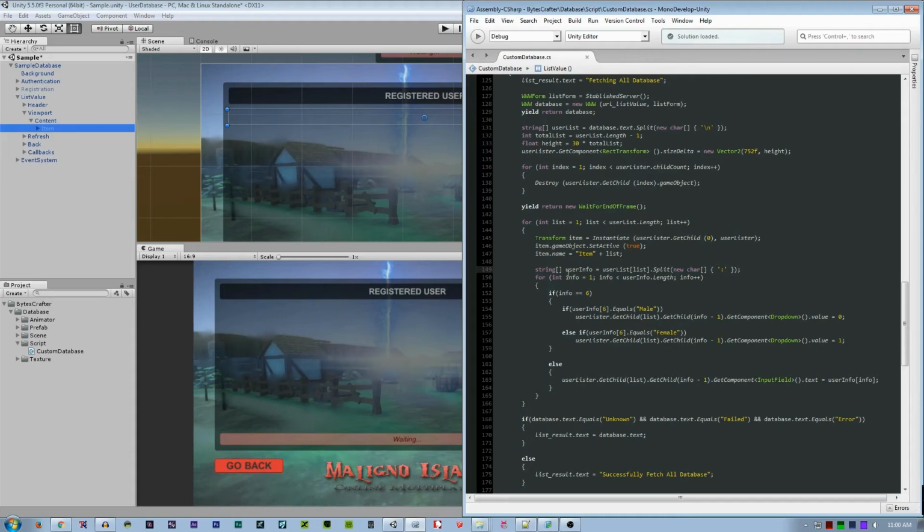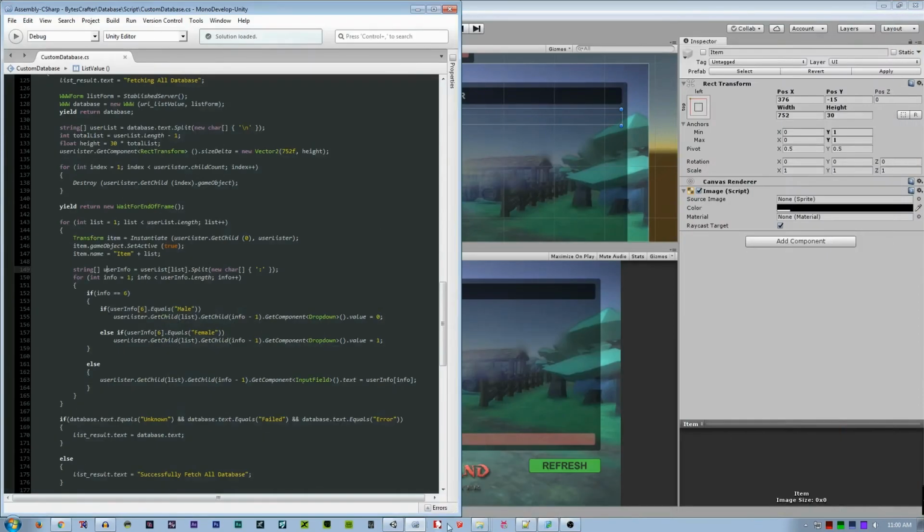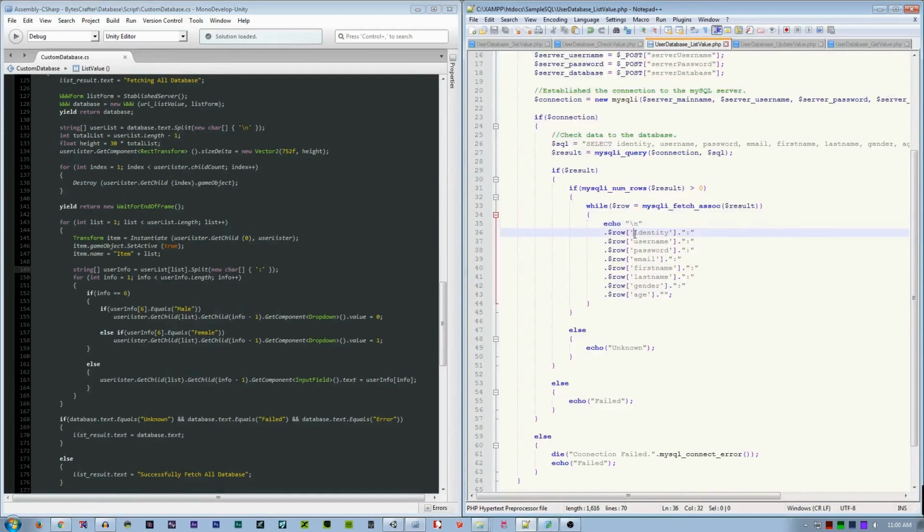And then next we create a new array of user info. It is the time that we need to separate every single value of each user account.